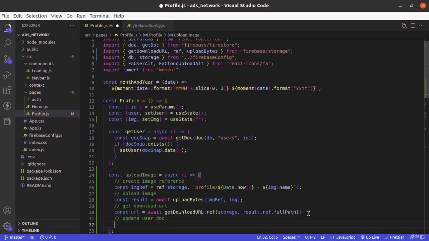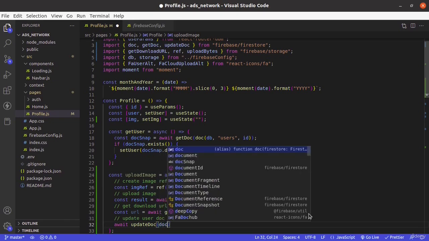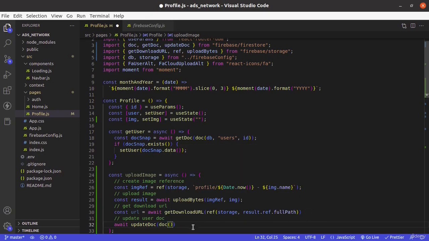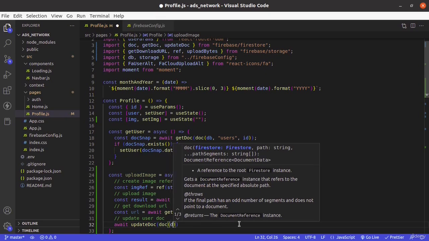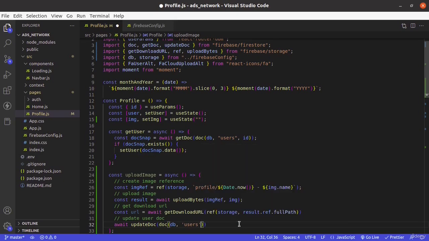And finally we will update the user document. So await updateDoc from Firebase Firestore. It needs a reference, so doc. Now remember, this is the reference to Firestore, and this one is of Firebase storage. So it takes the Firestore instance db, collection name users, and then the document ID. We can grab it from here, but it would be better if we can get it from auth,